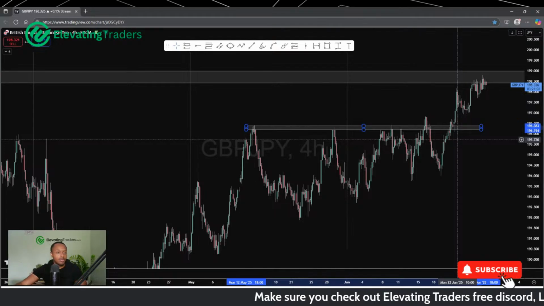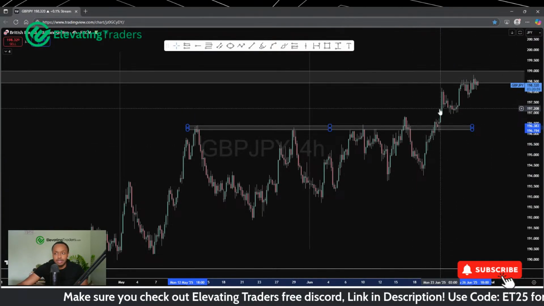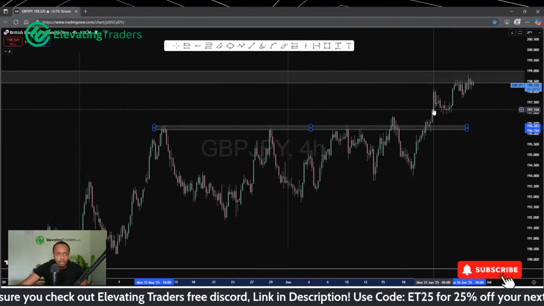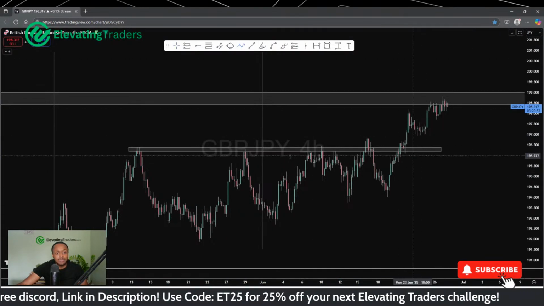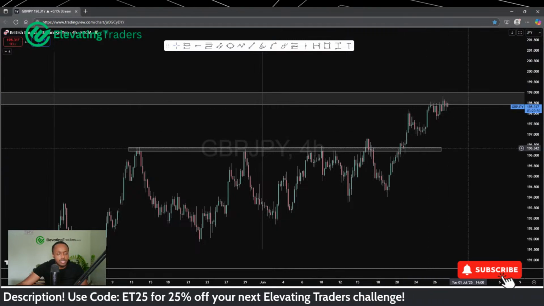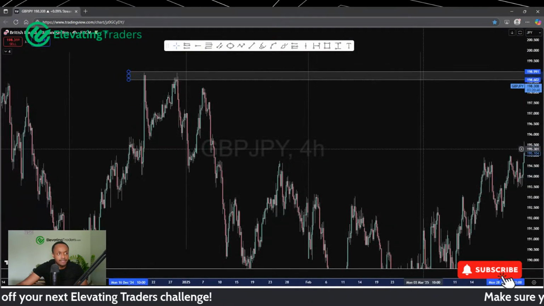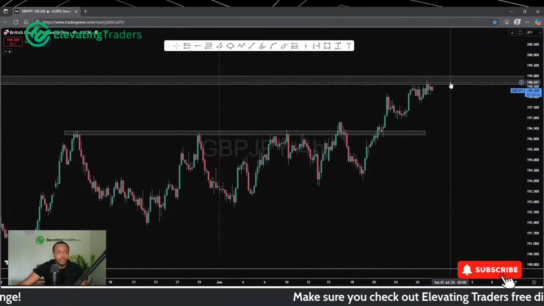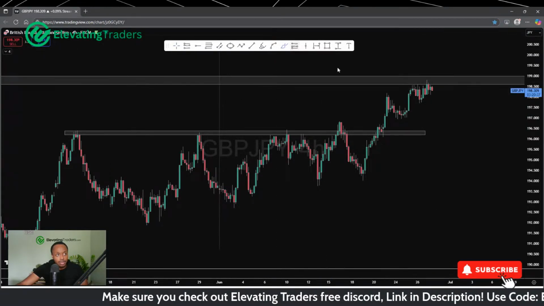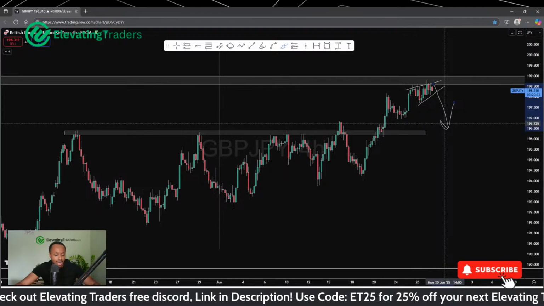Price did break through resistance last week. Coming into this week, we did see some nice momentum above that, but for the most part, we've been pretty corrective. It's not like price has exploded higher. It's been a very slow grind higher. So now that we have approached resistance here to the left, I think it is a smart place for a short. I'd probably wait for some stronger signs of rejection before jumping in myself, but I do like the fact that we are slowing down, which again, I would expect to see a reaction lower.